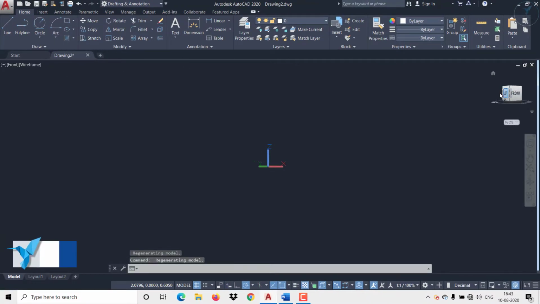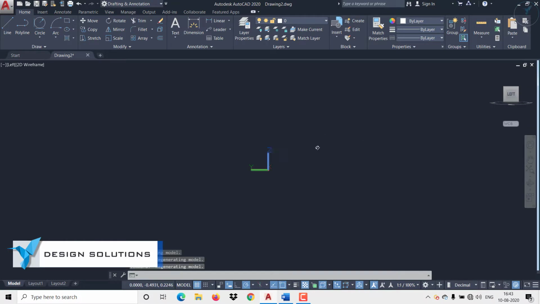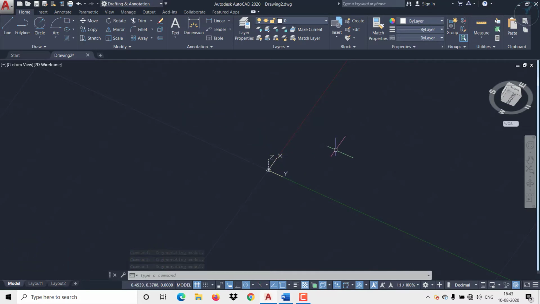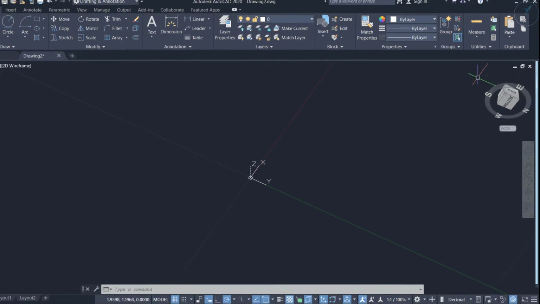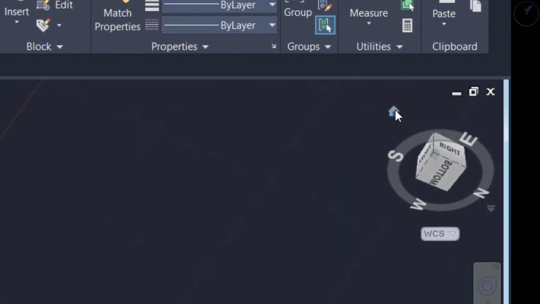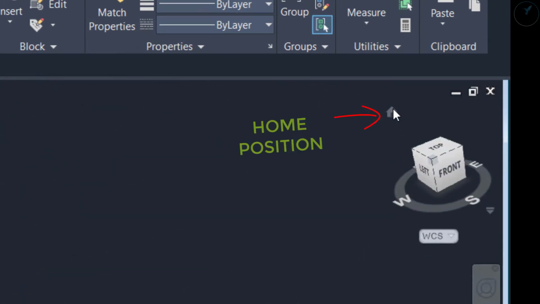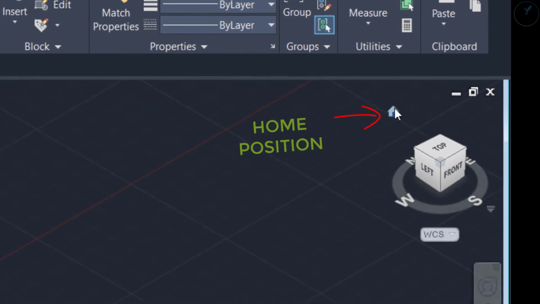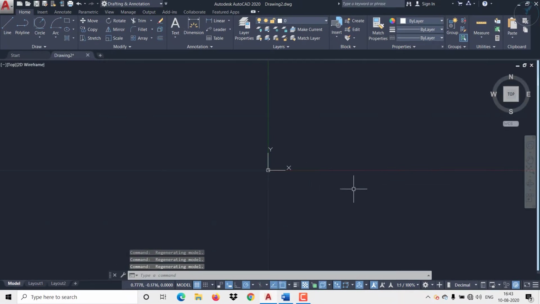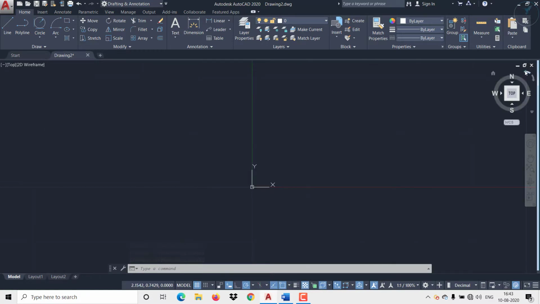Automatically we can go to that view. Now consider you have rotated some view like this or something like this, but I want to go to the default view, that is the top view, XY axis. At the time, if you come over here, this is called home view. Once you click on this, you will get an isometric view. Then you can click on this top, so automatically you are in XY, that is home view.